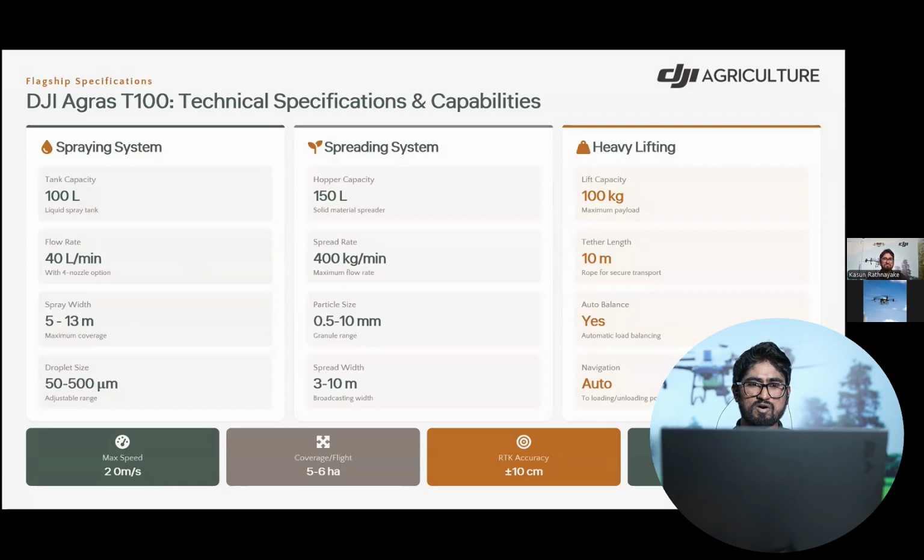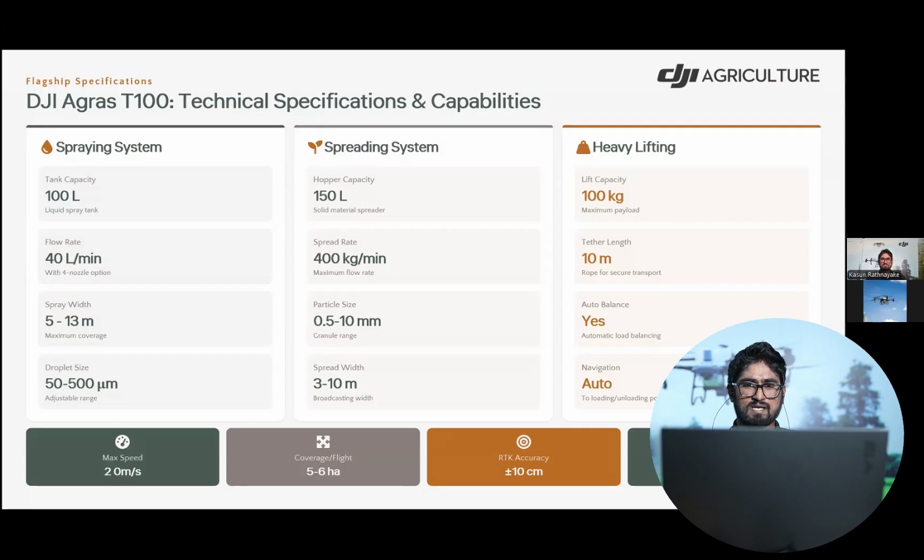It has a flow rate of 40 liters per minute with 4 nozzles; with 2 nozzles, it has a 30 liters per minute flow rate. It has a spray width between 5 to 13 meters, so we can use it effectively in orchard applications. Like other drones, it has an adjustable droplet size range between 50 to 500 micrometers.